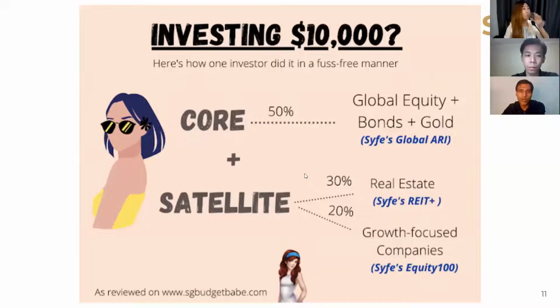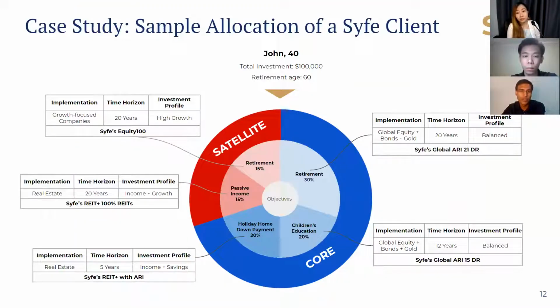What I did was take this a little further and drill down into one of the clients and how we structured the investments for that particular client. This is a little more detailed, taking into account the client's goals and investment preferences, and based on that, how you design the same core-satellite approach within the paradigms of what we have to offer at this point in time. So for example, this particular client is aged 40, in middle life, with 20 years to retirement.